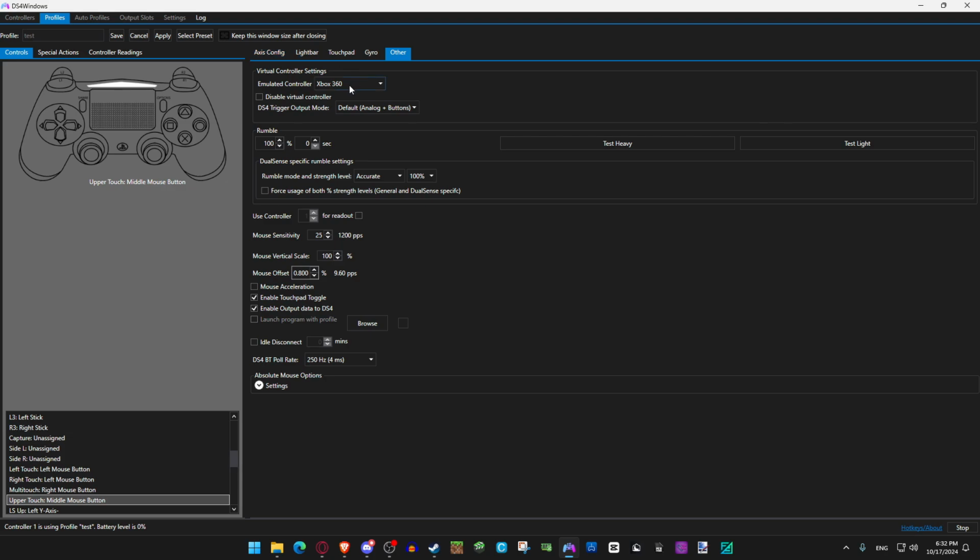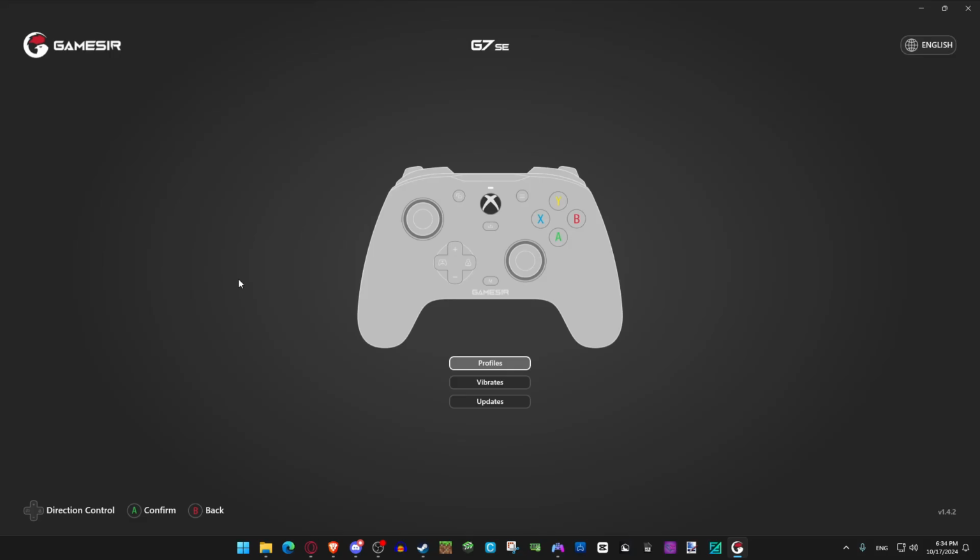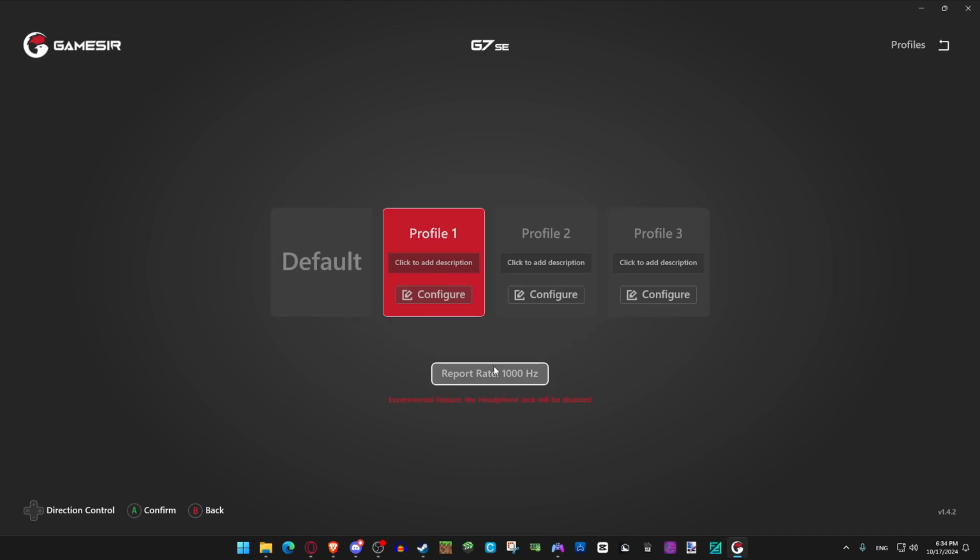And this should be set to emulated Xbox 360 because when you're doing this, then it will not register PlayStation inputs. Now, this doesn't apply to all controllers, obviously, but I'm using an off-brand. So if there's a custom software that comes with a controller, then you should download it and look at what settings you can change. So for me,